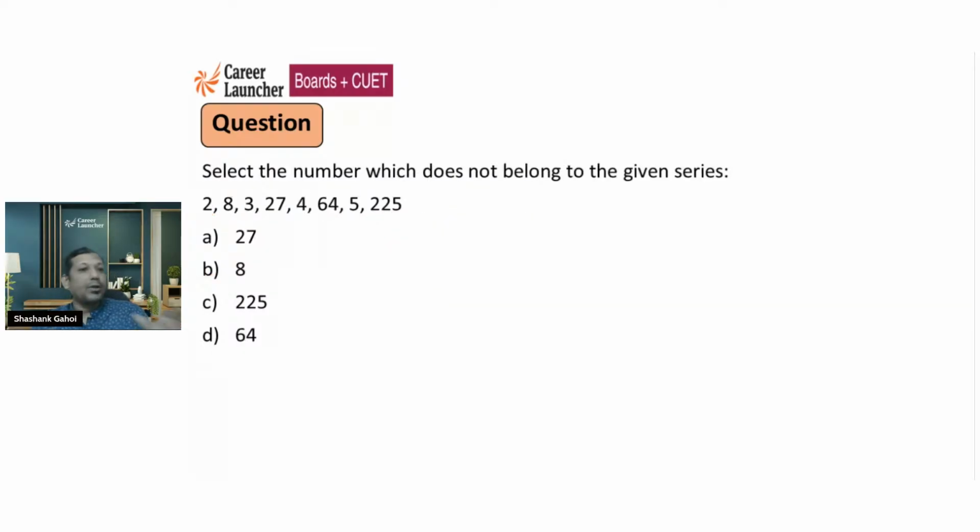Okay, now this one again. Select the number that does not belong to this series. So what am I looking for? Again, I'm looking for the odd one out, right? So odd one out, which is the different one, right? So what am I going to do? I'm going to write 2, then 8, then 3, then 27, then 4, then 64, then 5, then